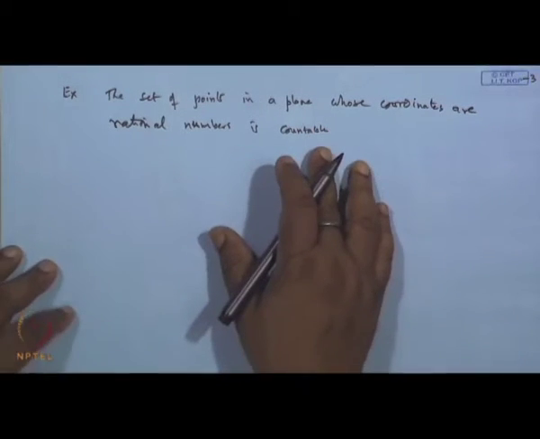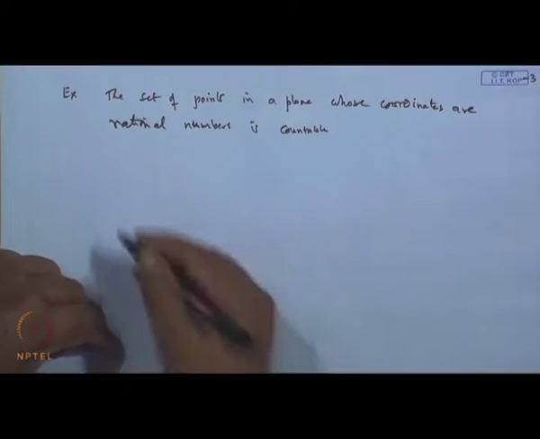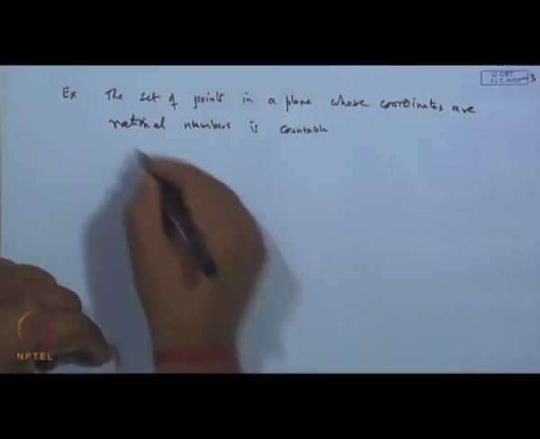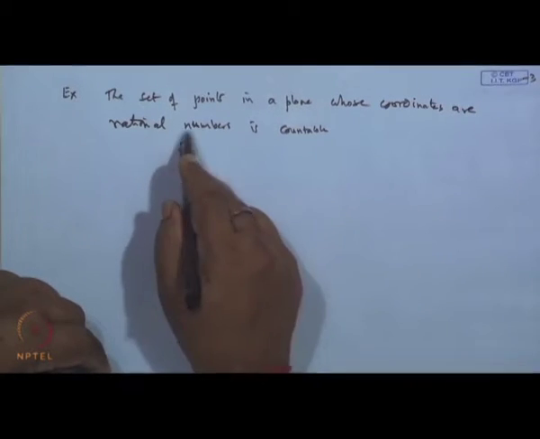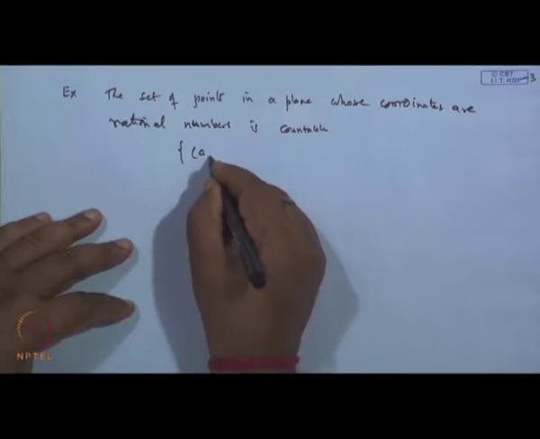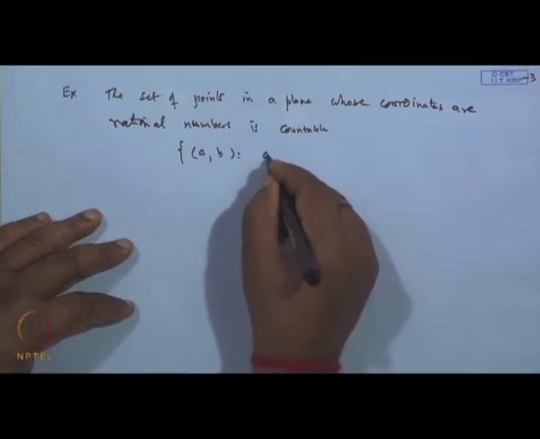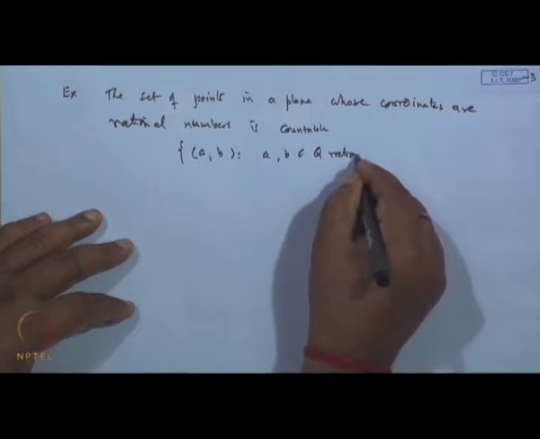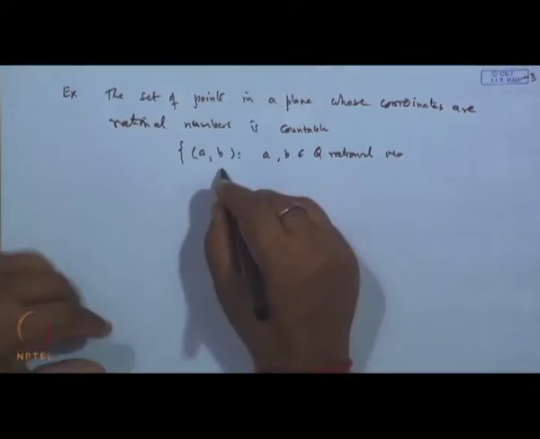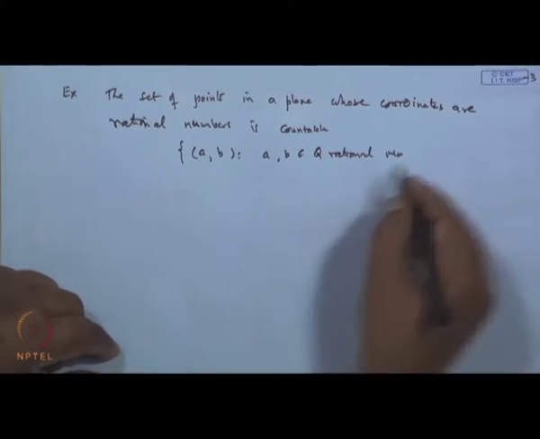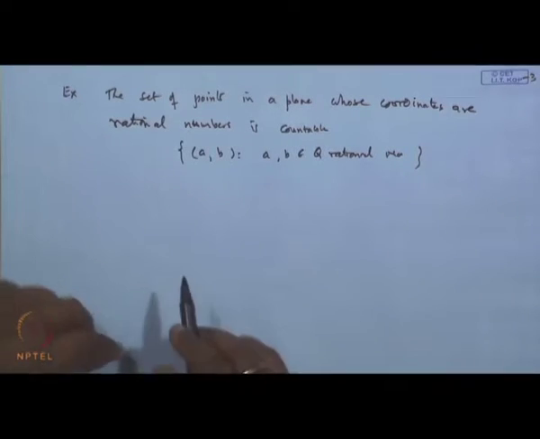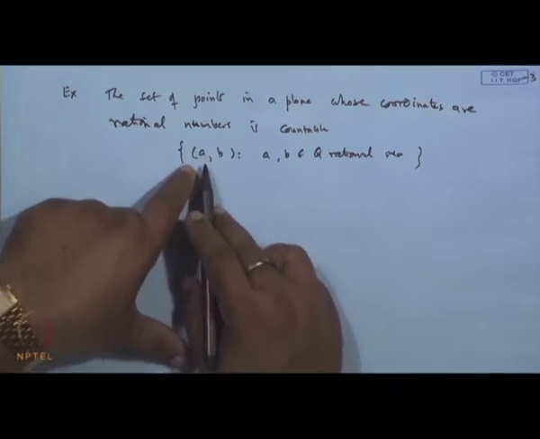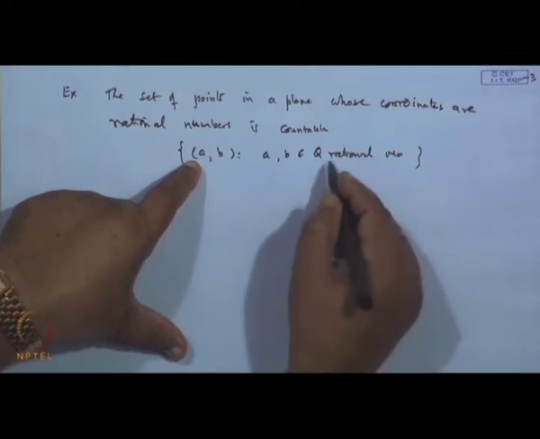So, the set of points in a plane whose coordinates are rational numbers, that is, the set is of this type (a, b), where a and b both are rational numbers. Q is the set of rational numbers, because any point in the plane will be an ordered pair, and we get this point. Now, this is each Q, since Q is countable,